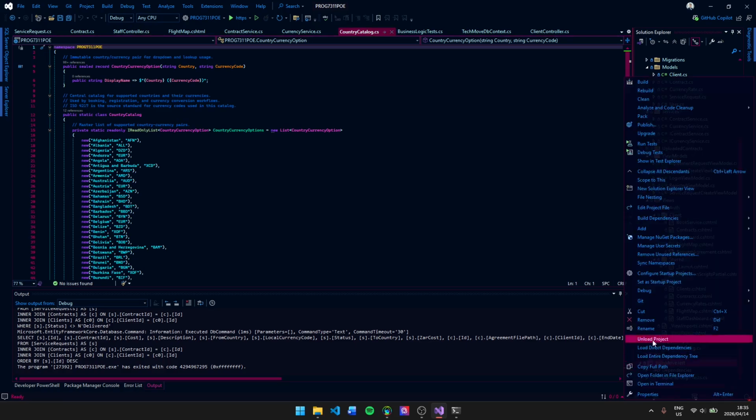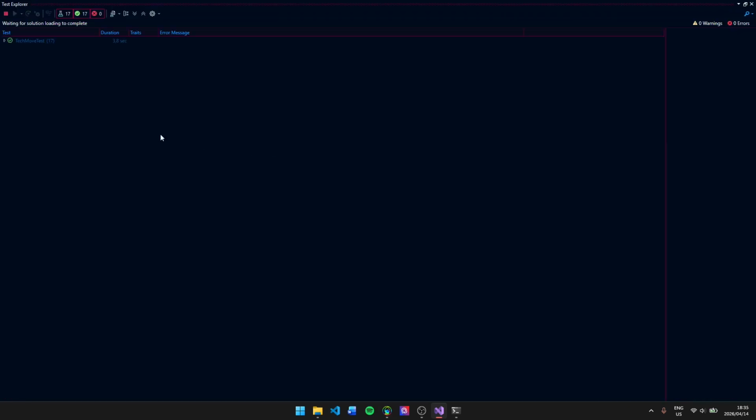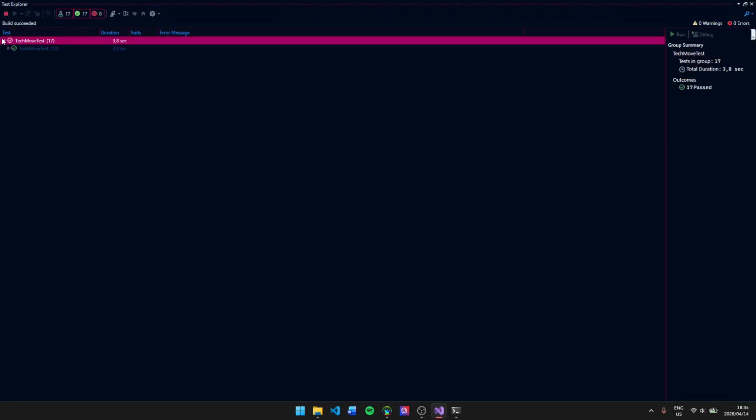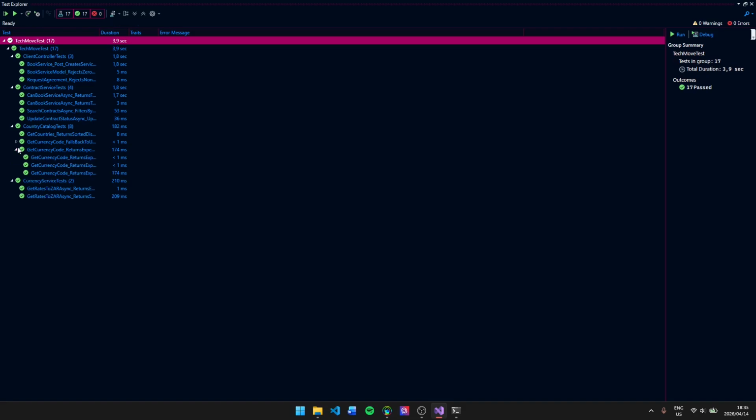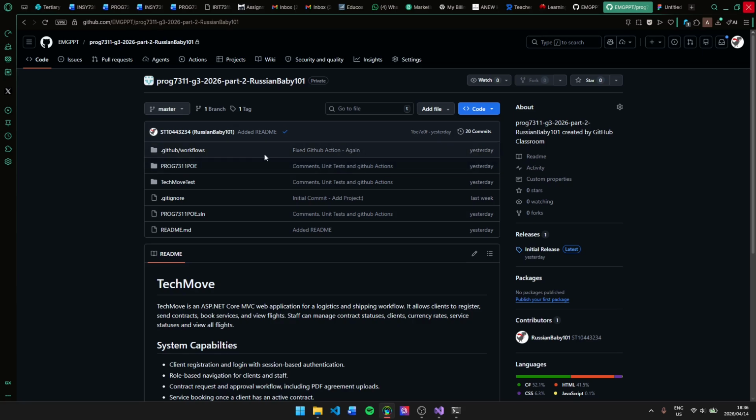We can also run the unit tests real quick. So run test, there we go. And then please take note of the tests. The tests cover everything from the actual currency conversion to checking if a non-PDF file can be uploaded and so on. GitHub has a CI workflow,